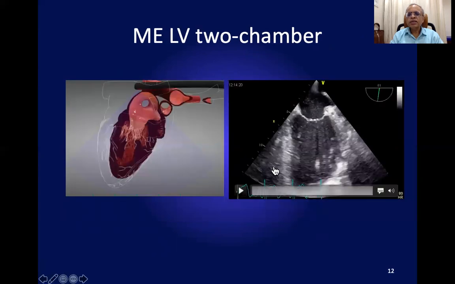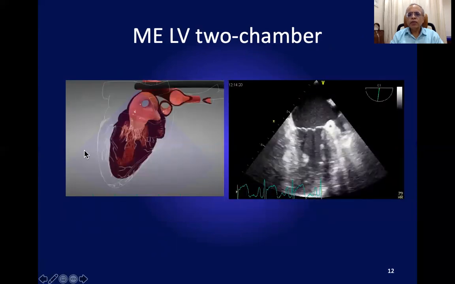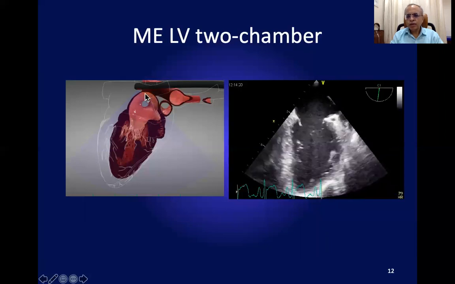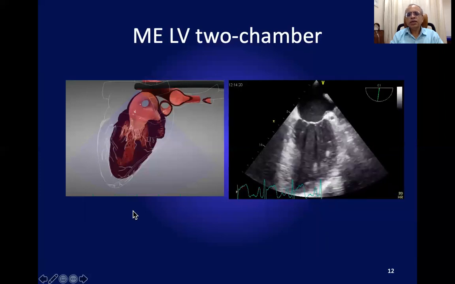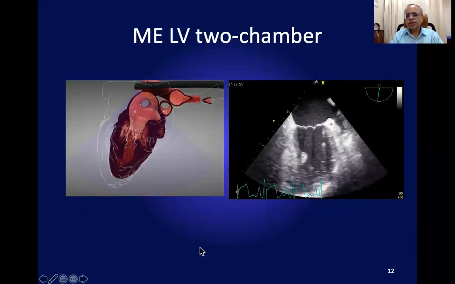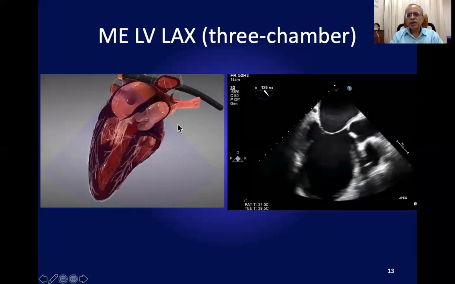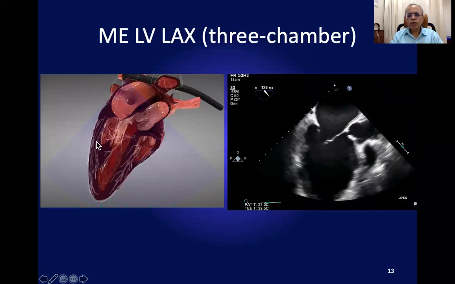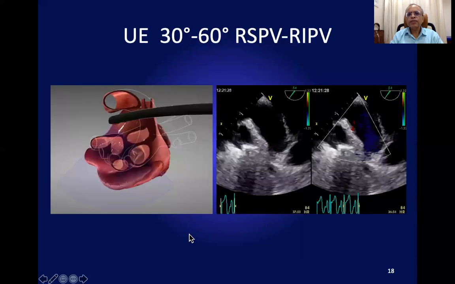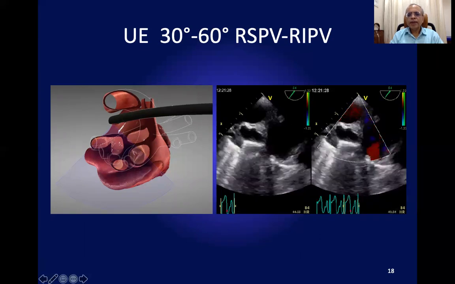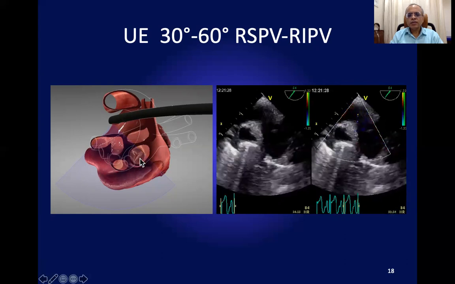As you can see here is the two-chamber view, and the way the heart anatomy is cut by this blue plane, which is around 90 degrees transesophageal view. Also, this is the long axis view of the heart, showing the LV inflow and outflow and its corresponding anatomical image. Now, certain difficult to image structures one can practice very well on a transesophageal simulator.